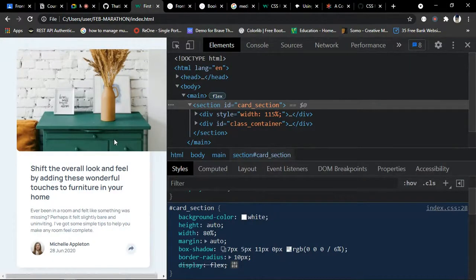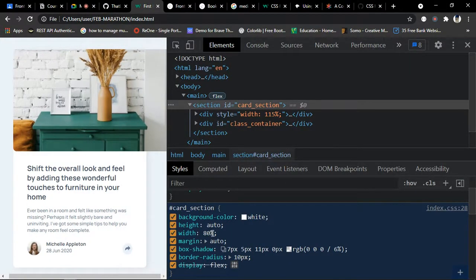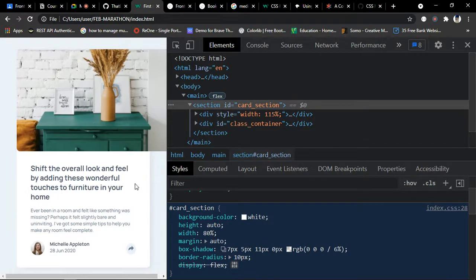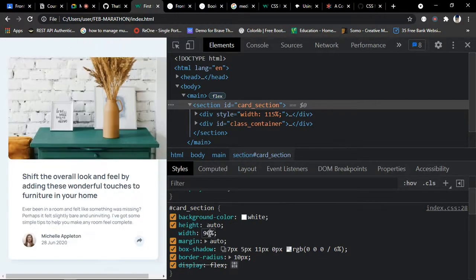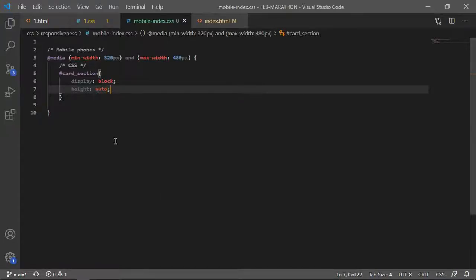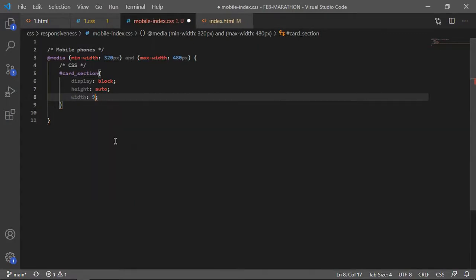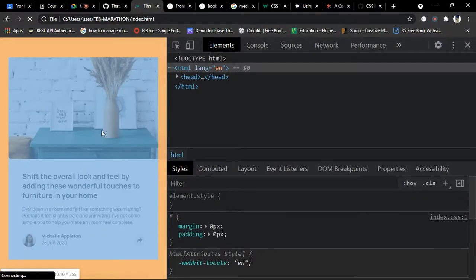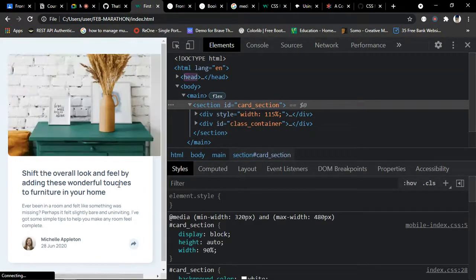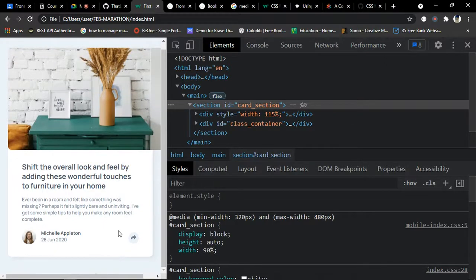Then the next thing we need to do is give it a width of 80%. That way it has spacing. We can change it to 85% if you'd like, or maybe 90%. I think 90 is fine. So we can say width of 90%. Sorry, hold on, and refresh. Now it looks okay. The only problem we have is this scroll bar, and it is coming from